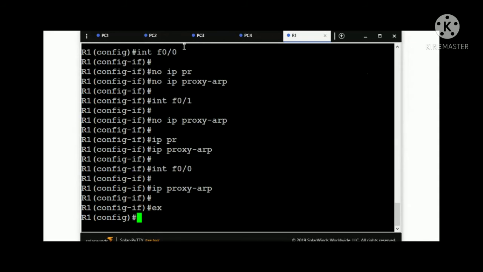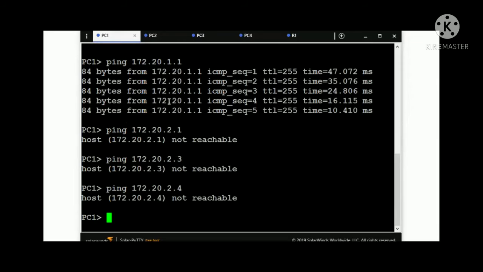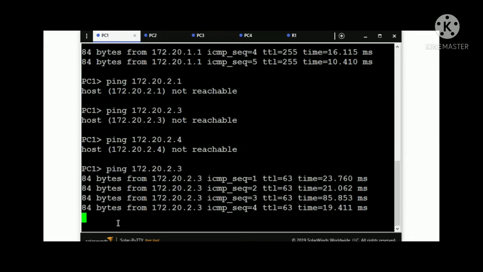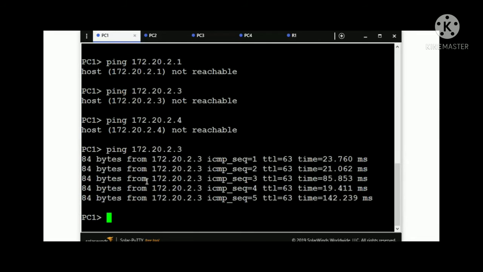Now from PC1 to PC3, let me try to ping 2.3. Now I can ping 2.3. You're seeing here, before I couldn't ping 2.3, but after enabling proxy ARP, I can ping 2.3.